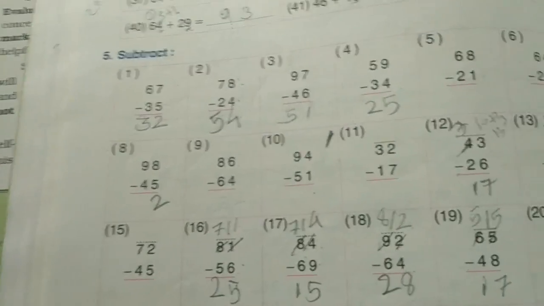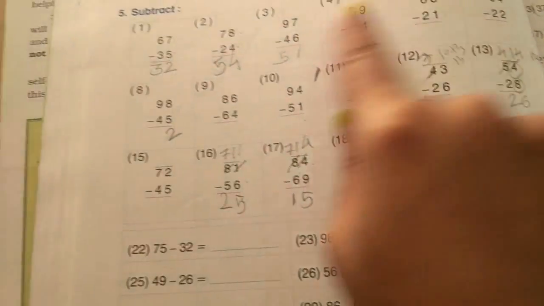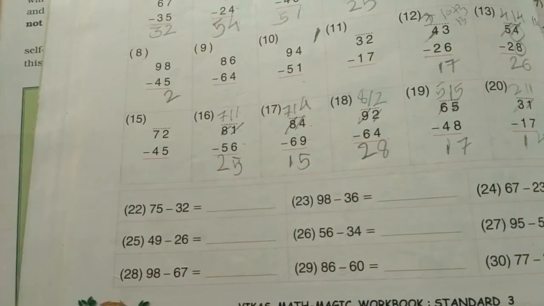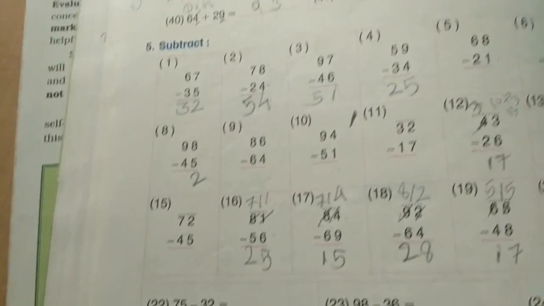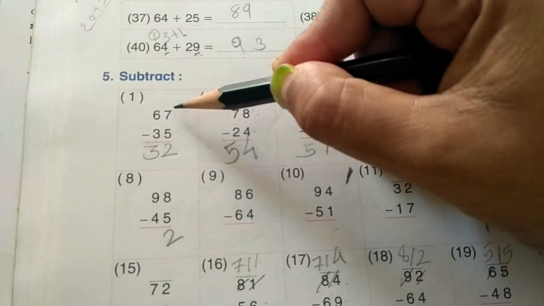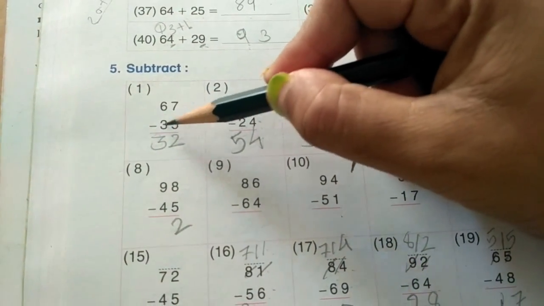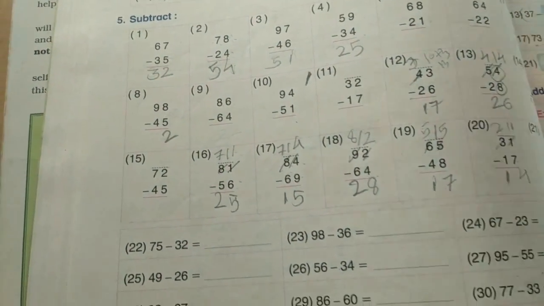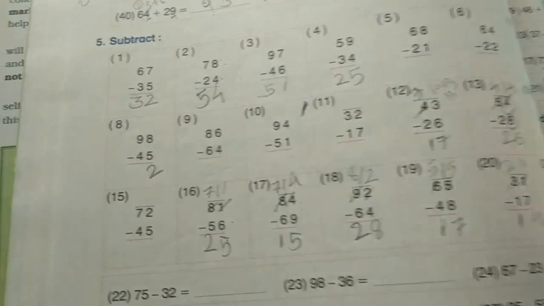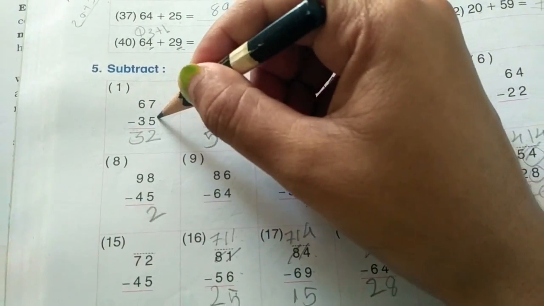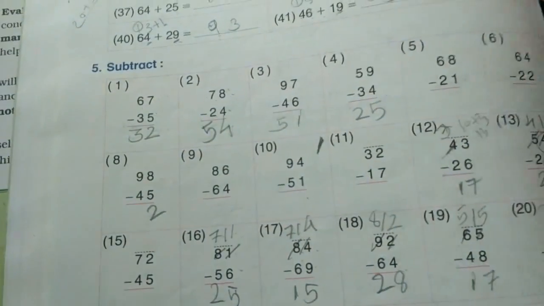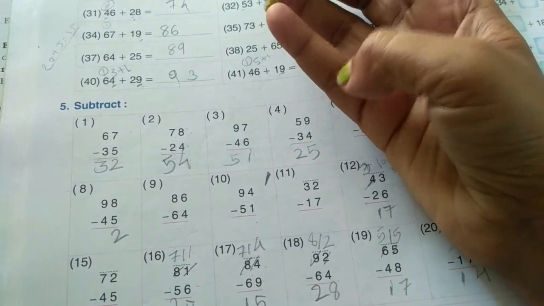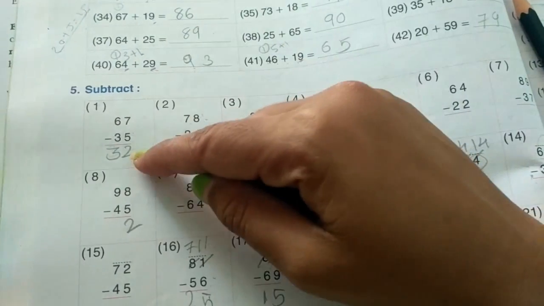So let's begin with this. Here I am not going to do each and every sum. Some sums I will leave for you to do yourself. Fine. So here we'll start with number 1. 67 minus 35. This is a revisional kind of exercise because in the second standard we had done all these things very deeply. So 7 minus 5. In that case, what you have to do? You have to count after 5, 6 and 7. How many cards are there? These are 2 cards. So 2 is your answer.